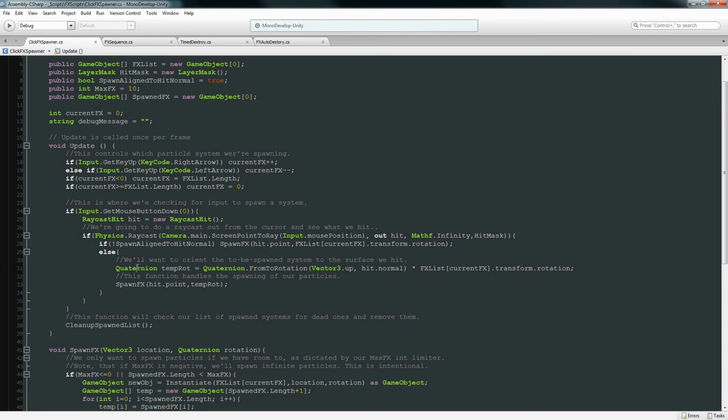Anyway, so we want to make a new quaternion that is based off of the hit.normal. Now hit is our raycast hit up here. Just like we've done every single raycast so far, we do the physics.raycast, but we always do this out hit. That's the information stored from the raycast. That also stores the normal that we hit, and a normal is a direction that